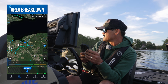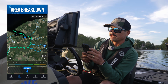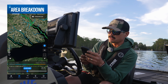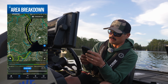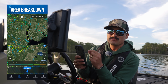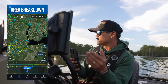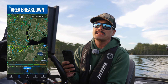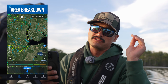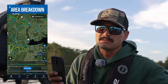So this morning, I decided to go to a smaller kind of river, and it's got that nice green flow to it. Green is moderate flow, blue is a real low flow. I was in this creek here yesterday, and yellow is really, really good freshwater flow. Unfortunately, those 2 yellow rivers are on the opposite side of the sound, 60 to 90 miles away. And when you have a 5+ mile an hour wind on this place, you ain't getting there. So my approach this week is stay very close to home, or travel just far enough to get away from the pressure, but not far enough that you're driving 90 miles to break stuff and not get back